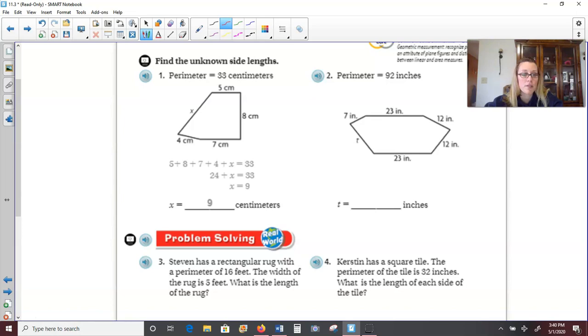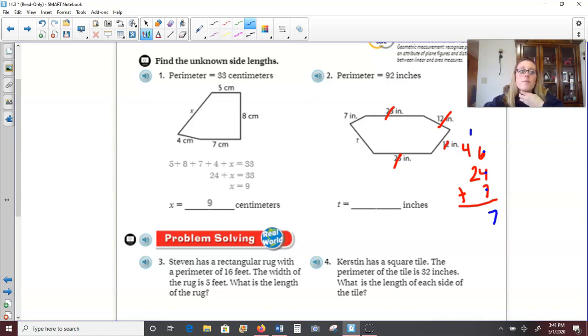Wow, the total perimeter of this hexagon is 92 inches, obviously not drawn to scale, but we need to figure out what side T equals. So let's add together what we know so far. I know 12 plus 12 is 24, so I'm going to start with those doubles. And then 23 plus 23, well, 20 plus 20 is 40, 3 plus 3 is 6, so that would equal 46, and then I'm going to add the other 7. Hopefully you can line your numbers up a little neater than I am. Now when we add this together, I'm going to do 6 plus 4 because that makes 10, plus 7 is 17,